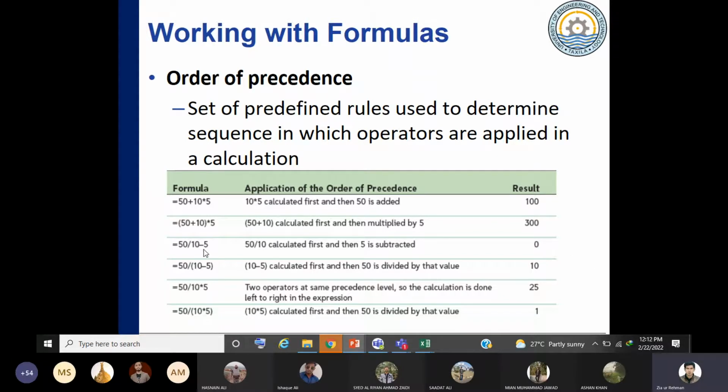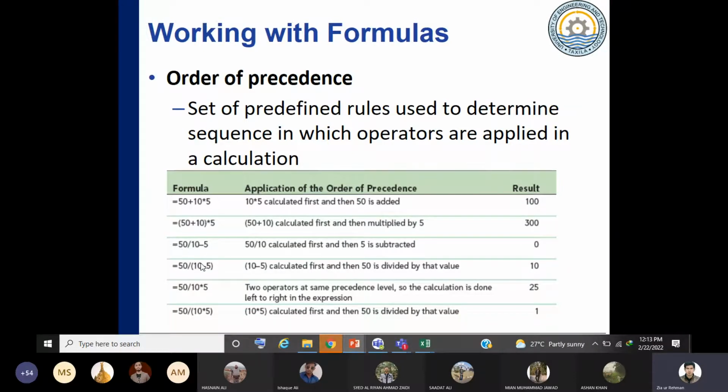So let's say someone is taking this formula to be that first it should be 10 minus 5, which is 5, and then divide 50 over 5, which means 10. So it means that he has written it wrongly. He has taken it in a wrong manner.